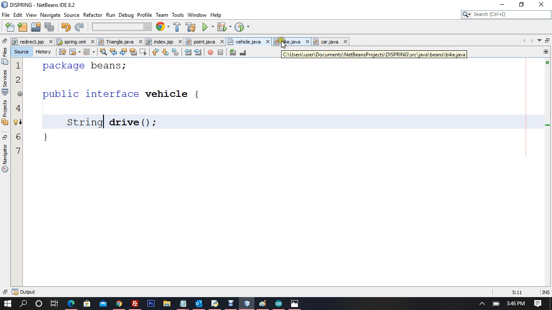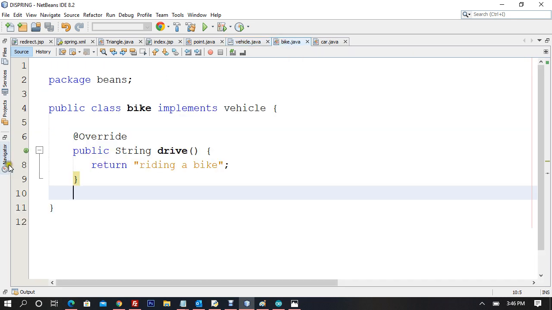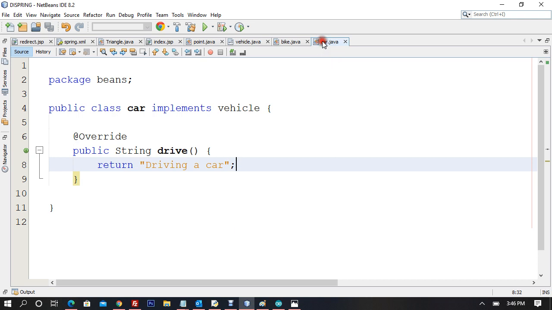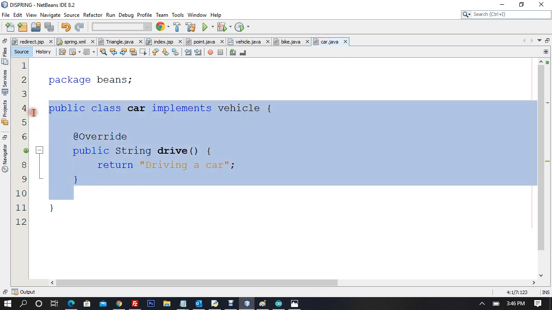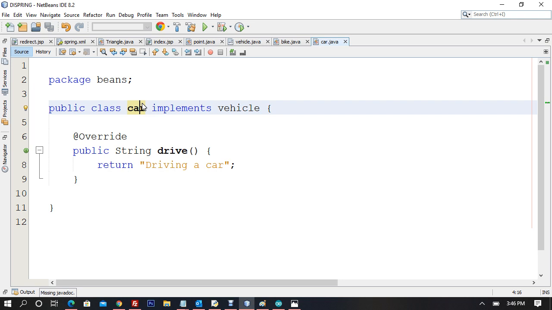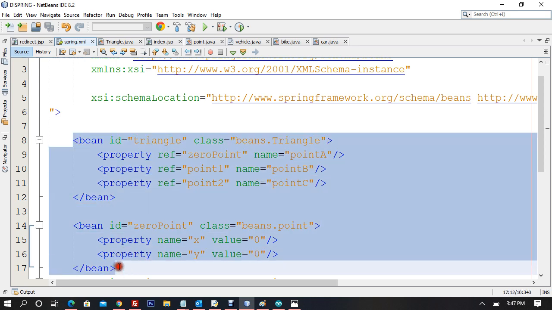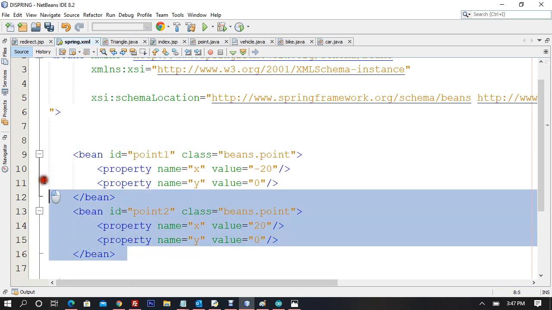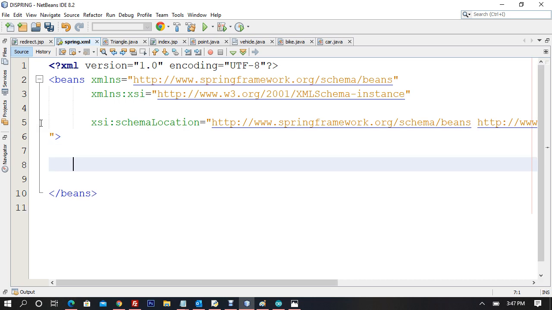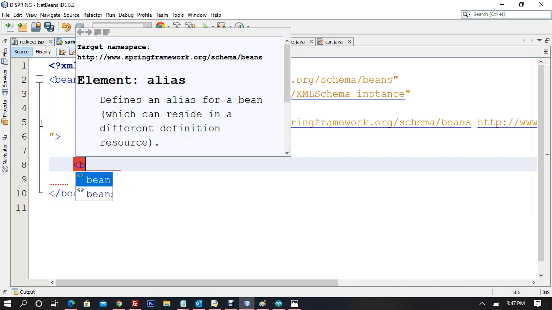Other than that, if you are not using an interface, then you have to declare it here and you have to declare it here. So that means the declaration would take place 2 times. So we are just solving that problem, right? Now, I will first show you the XML based approach, and then I'll show you the annotation based one. So I'll say bean